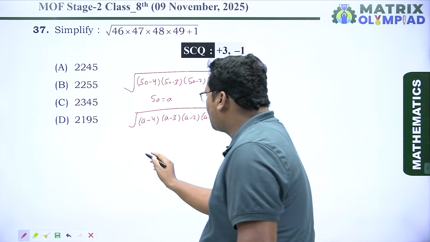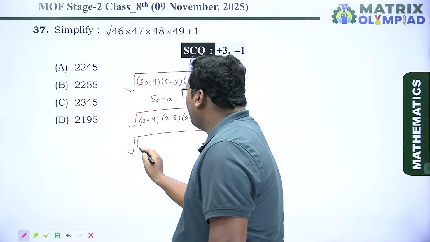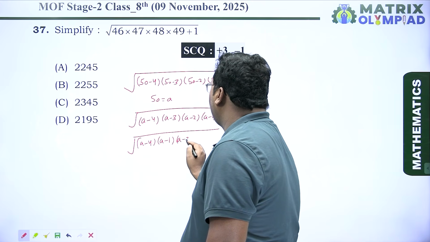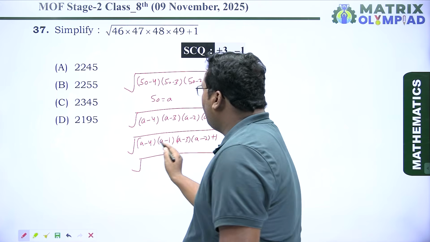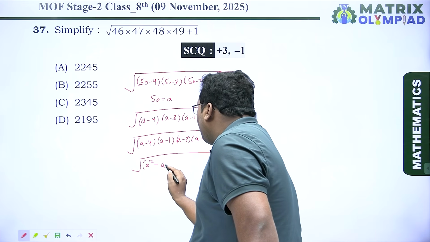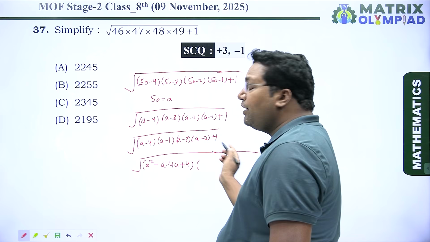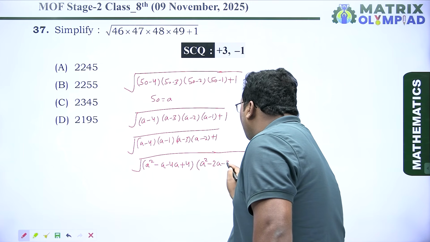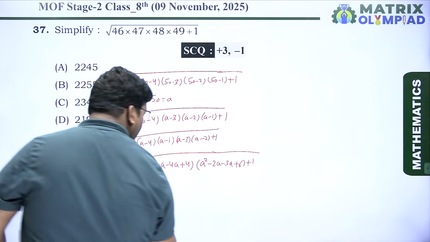Now we have to solve again this expression. So we can get A minus 4 into A minus 1. We have to multiply it by A minus 4 into A minus 1 and A minus 3 into A minus 2 plus 1. So this equals A minus 4 into A minus 1 is A square minus A minus 4A plus 4, and A minus 3 into A minus 2 is A square minus 2A minus 3A plus 6, plus 1, and this equals